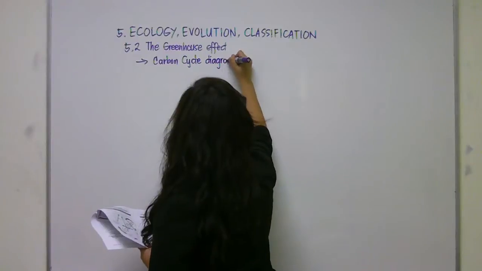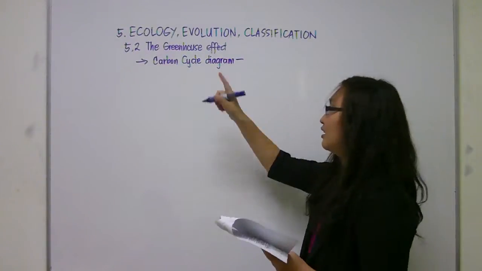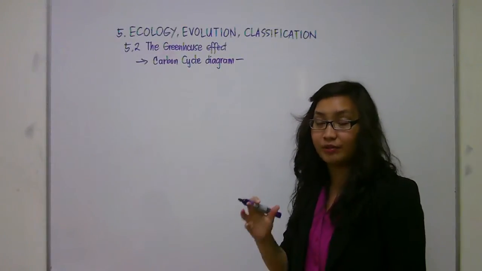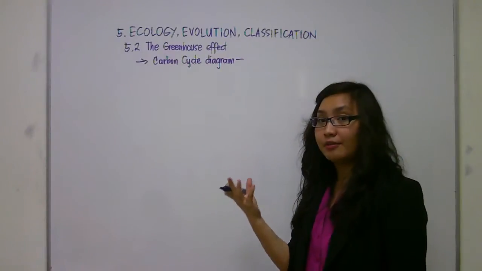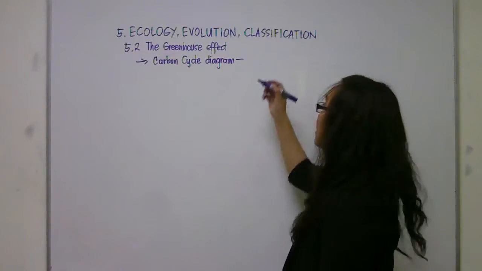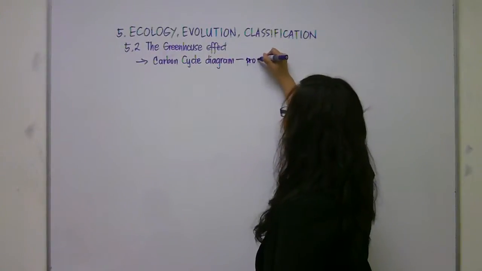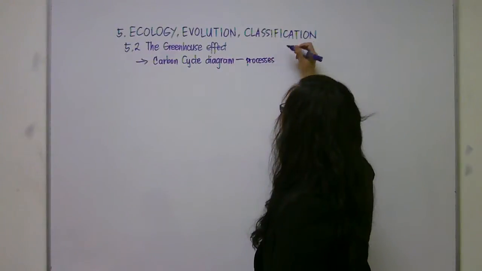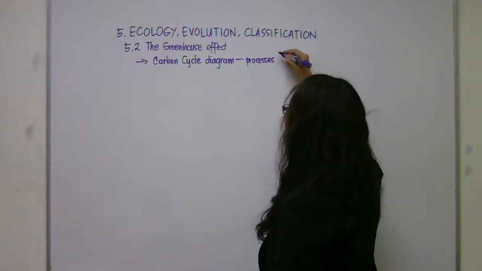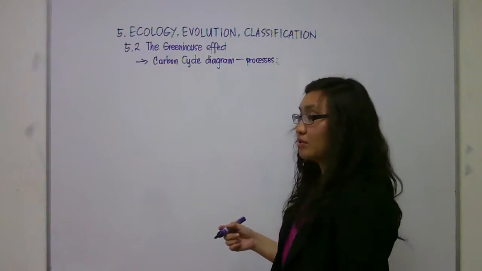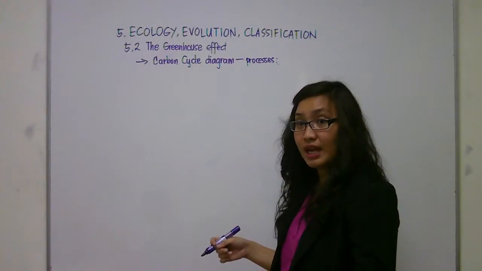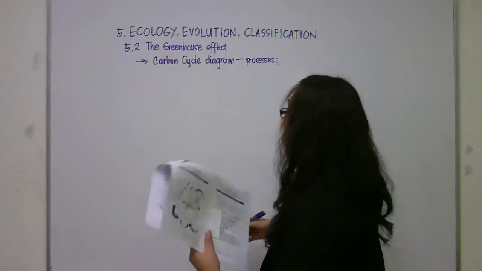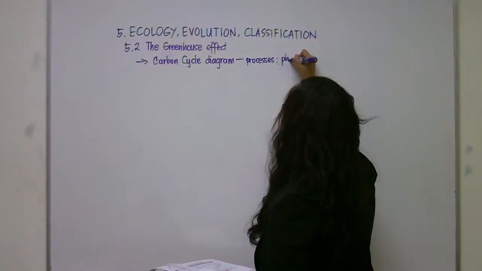and how the processes within the carbon cycle diagram are converting the gaseous carbon, or the carbon dioxide present in the atmosphere, into a different form. Processes such as photosynthesis, wherein plants are able to convert carbon dioxide into glucose, which can be used by plants as an energy source, and as food or organic matter that can be used by organisms in the ecosystem. So we have photosynthesis,